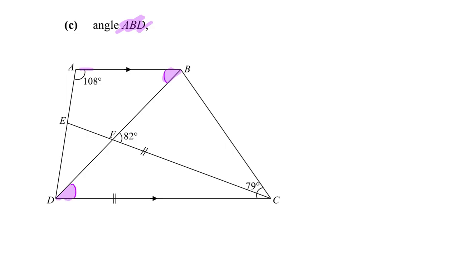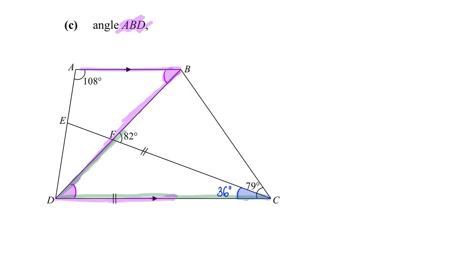Because these are alternate angles, yeah. And previously we have gotten this particular angle here, which is 36, right? Then my focus now is on this green color